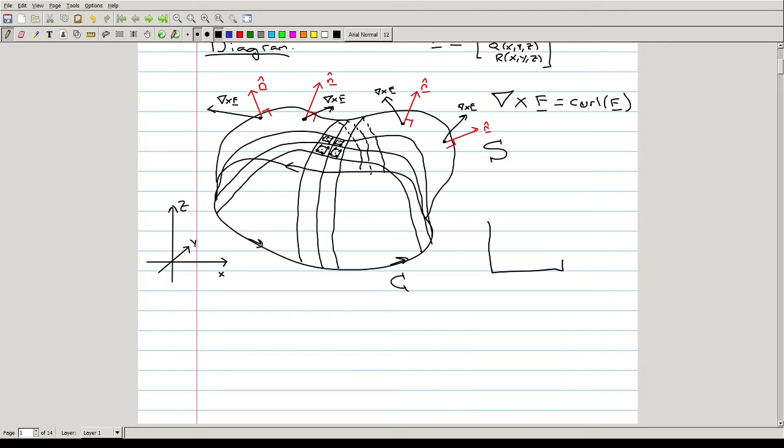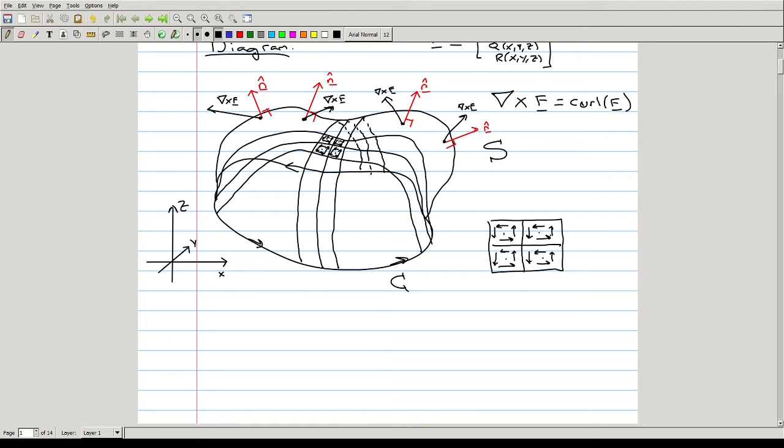You can kind of see what I've drawn here is just a diagram demonstrating four separate, very small patches on the surface. But it shouldn't be hard to see here that on each one of these small patches, if we consider the relative curl in each one of the patches, the curl here, say, the curl here, and the curl here,